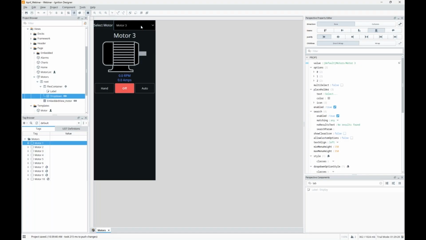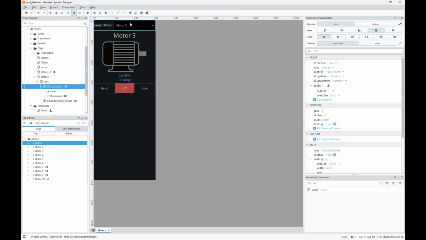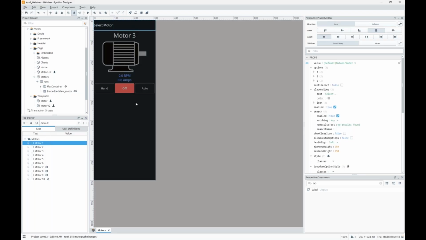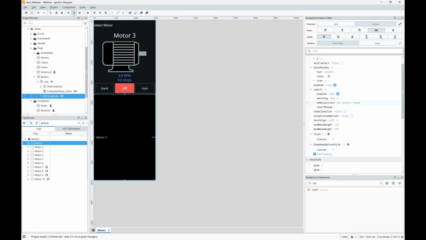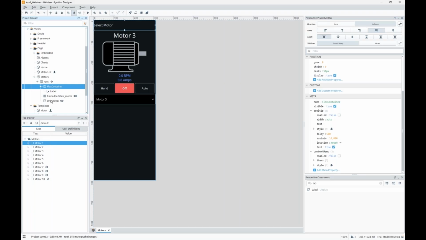But now remember, we're going through the custom property instead of directly to the drop-down component. Now, if I take this drop-down out of this and change up the structure of the view, oh, that's really tall. Let's make this a little bit shorter there. Maybe 50 pixels tall. Now you'll notice that my view structure is definitely different, right? The drop-down is now outside of my Flex container here, but our functionality should still work, right? Because we're using that custom property, the page's custom property, instead of going directly to that binding.